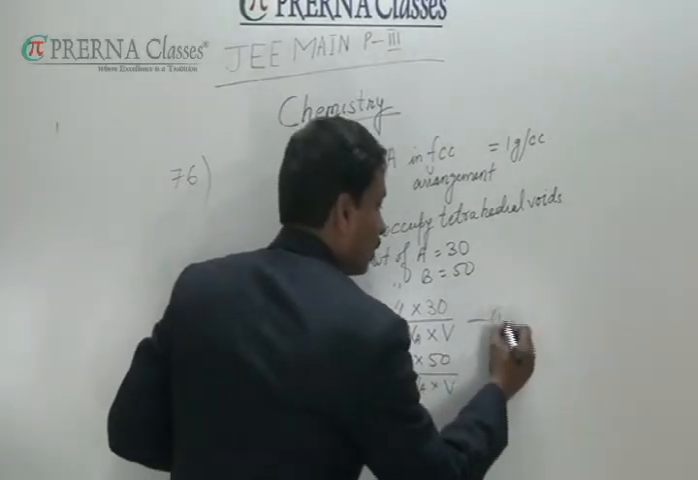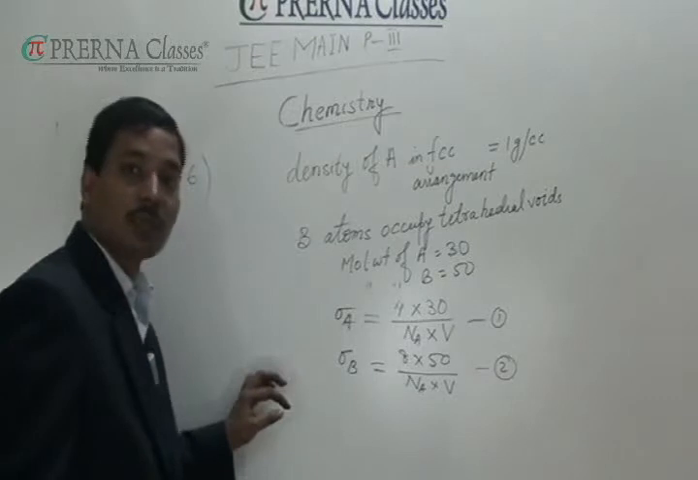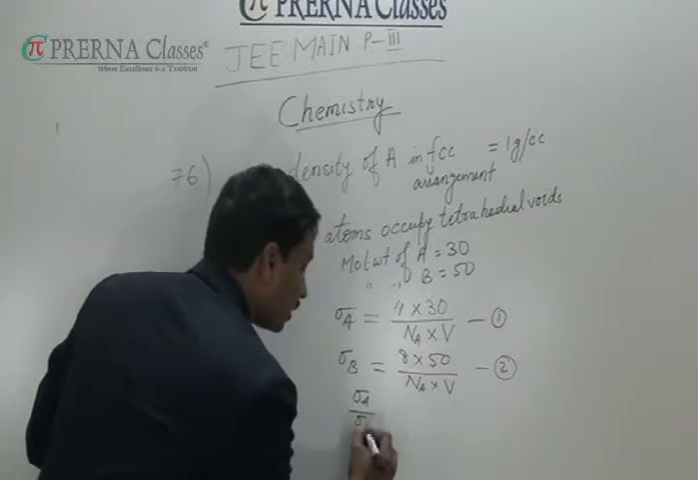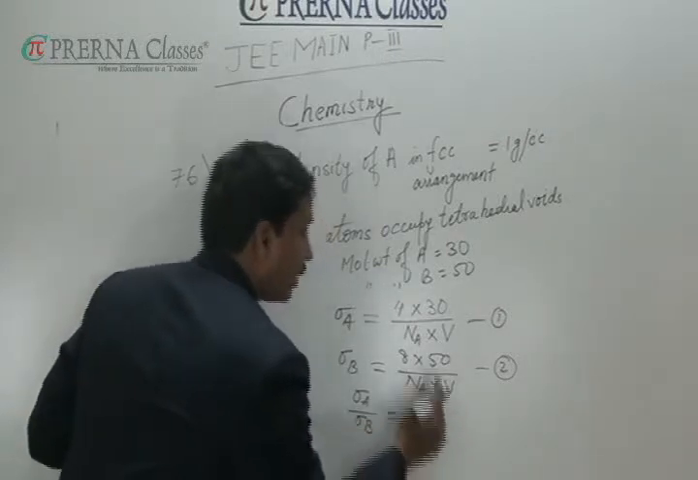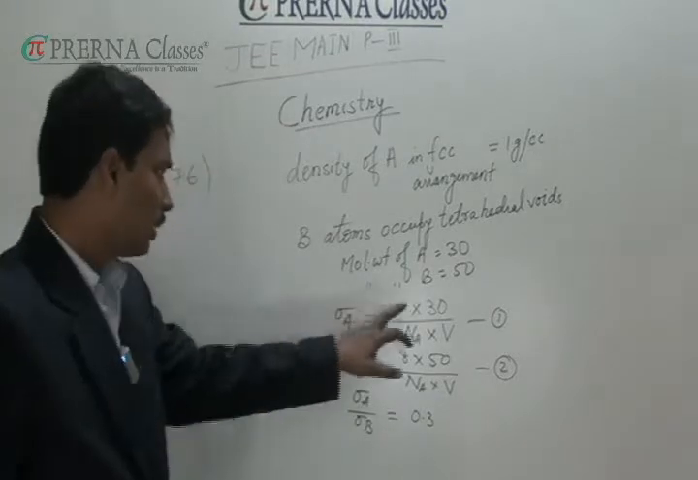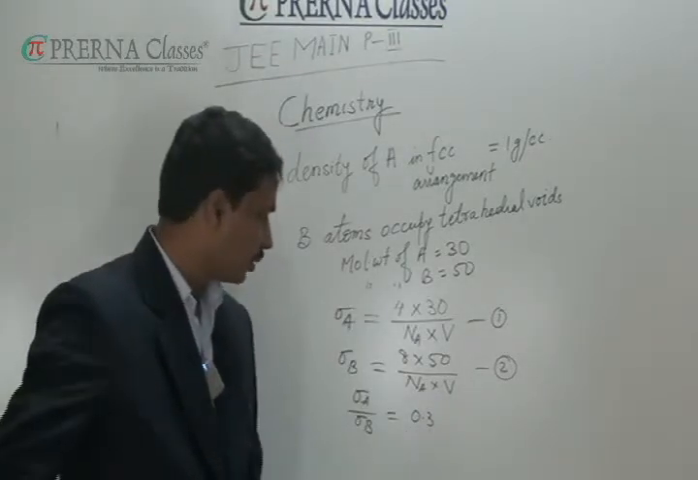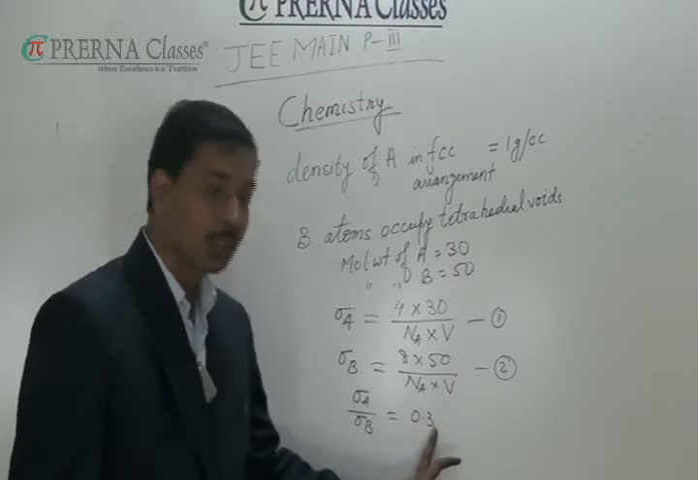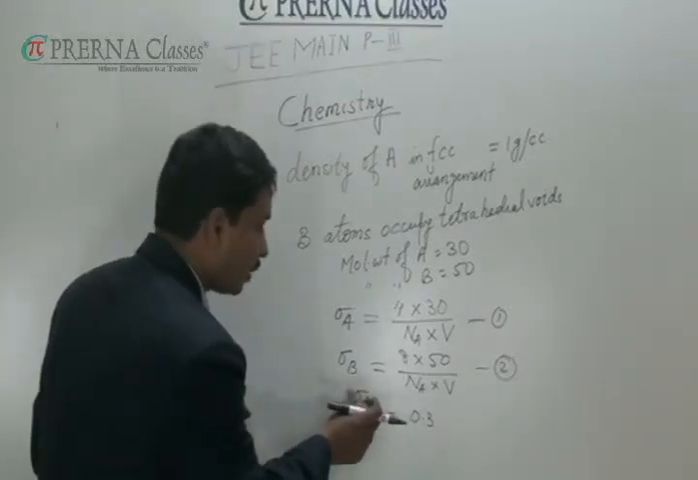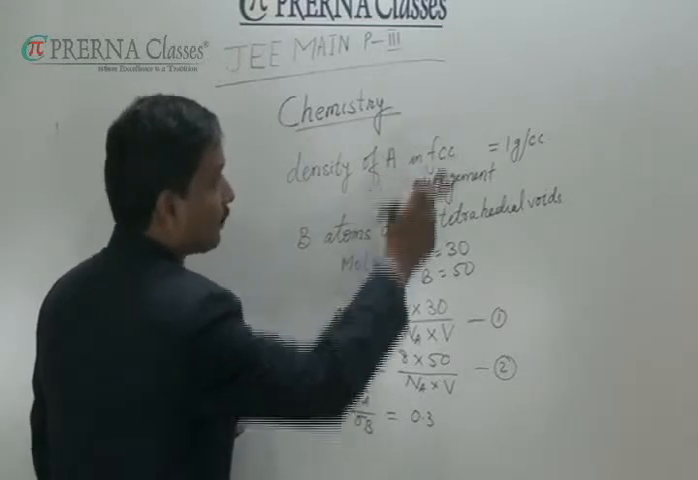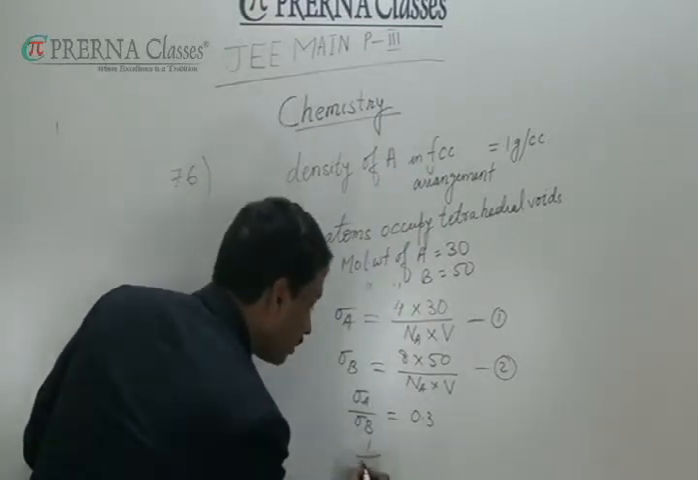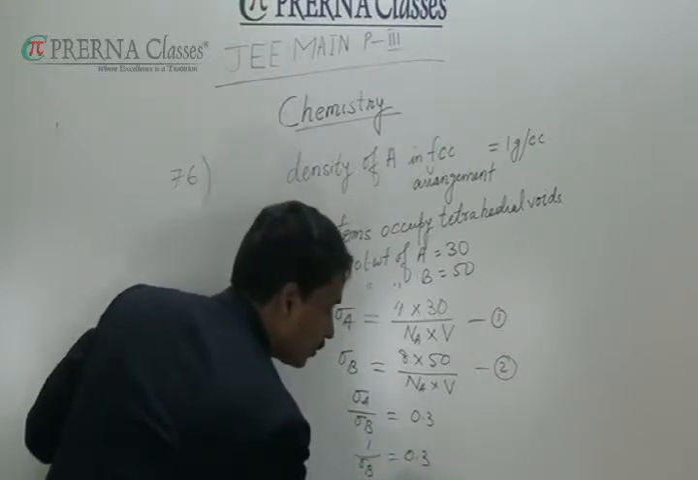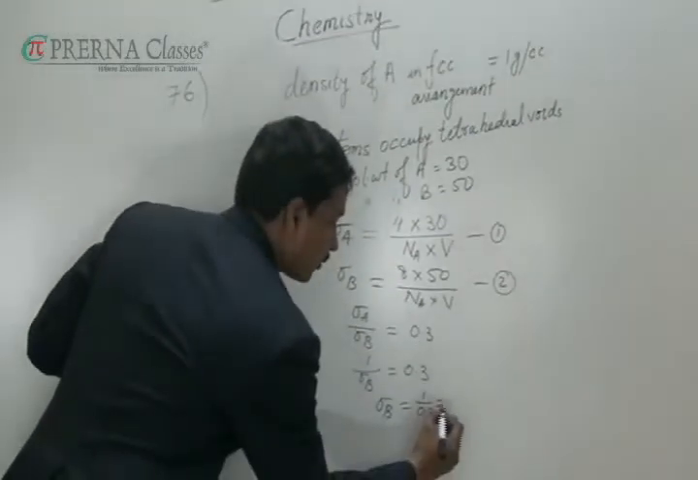Now this is equation 1, this is equation 2. On dividing equation 1 by 2, we get density of A by density of B is equal to 0.3. Cancelling all the other terms, we will get 0.3. Now the ratio is 0.3 and we know the density of A is 1 gram per cc. So we can write 1 by rho B is equal to 0.3. Therefore density of B is equal to 1 by 0.3, that is equal to